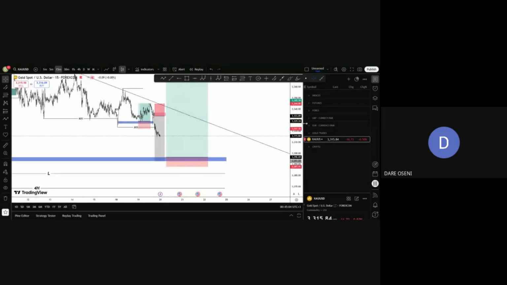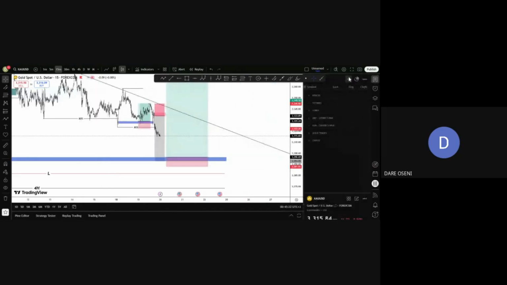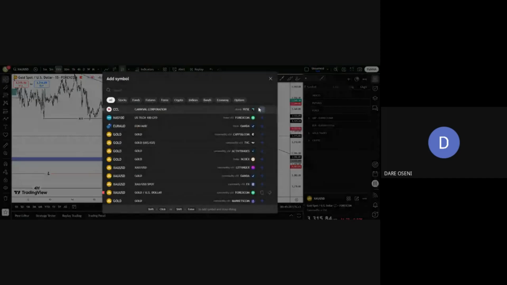Okay. So how to add stuff? Alert, this same alert here, if you want to create an alert on any of these currency pairs. So how do you add stuff on this currency pair? How do you add it? Okay. If you click on this add symbol, all what you are seeing here are brokers. All these forex.com, capital.com, they are all brokers. Okay, so if you want to analyze, maybe